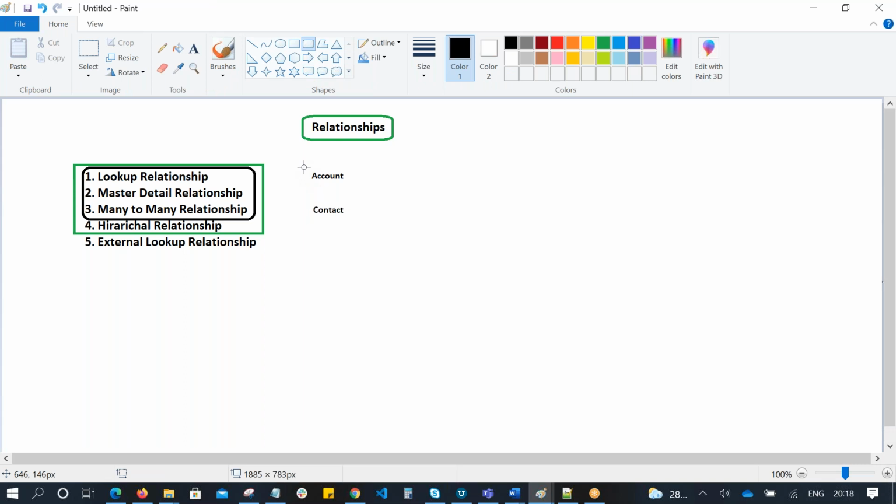Account and contact are both standard objects. Between these two objects, there is an inbuilt relationship, a master detail relationship.